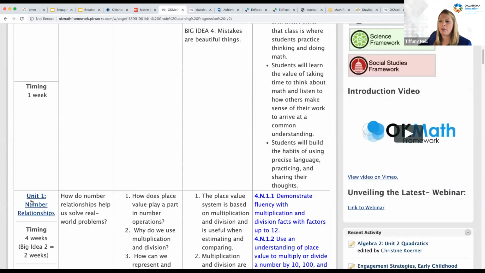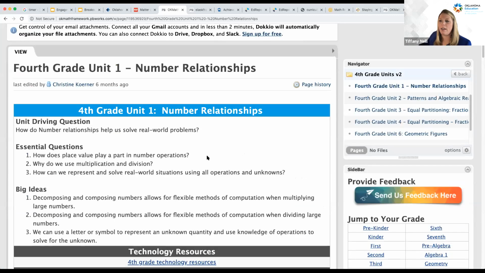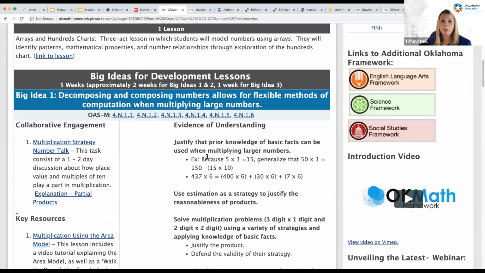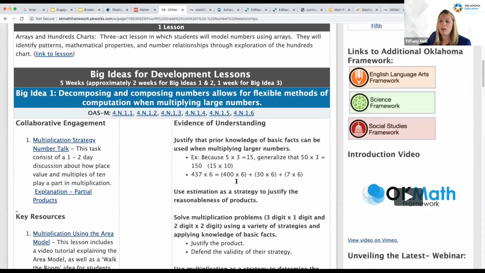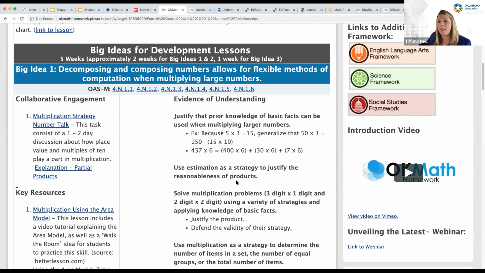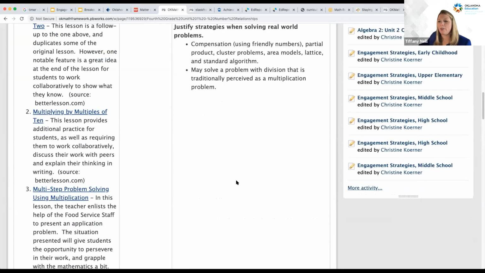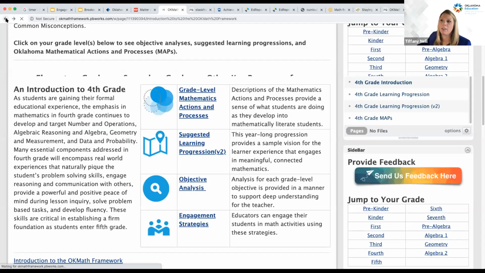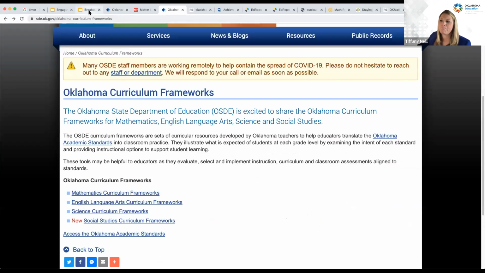And then when you click on a unit, you're going to see a lot of additional information, but you'll see all of the instructional resources. Christine mentioned for middle school, the Open Up resources were leveraged a lot here. But there are all kinds of lessons sequenced purposely, as well as, if we scroll down, I think we'll find, classroom formative assessments that go along with that. So it's one of the best spaces for OER for mathematics in our state, right here on the Oklahoma Math Curriculum Frameworks. A lot of that work has been done for you.